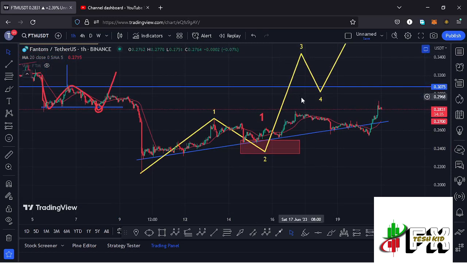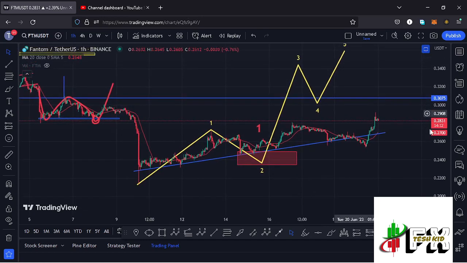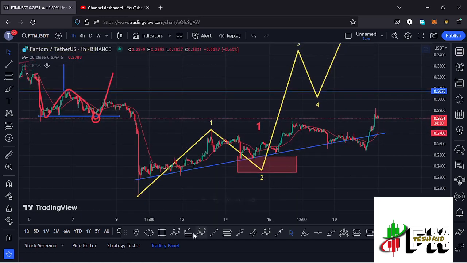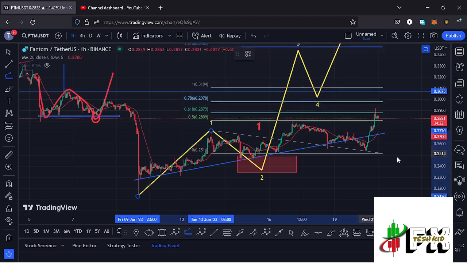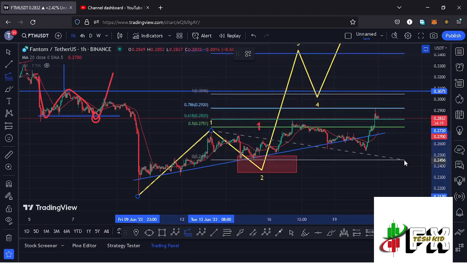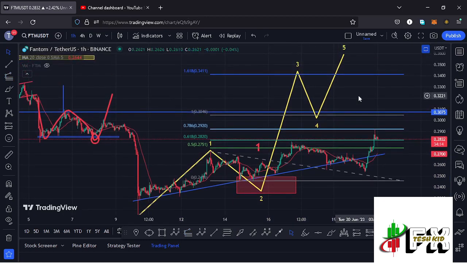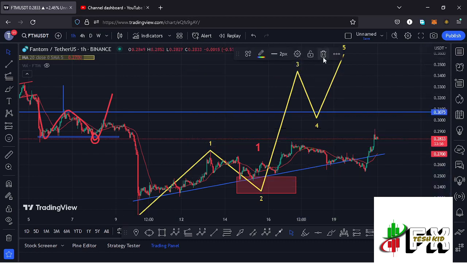Yesterday I also gave you minimum target areas for that wave 3 by connecting the trend-based Fibonacci from the low of the first wave to the high of that wave 1, then dragging the fibs to the low of the second wave, and that gave me a minimum target area at the Fib level 1.618, and that is at around the $0.3411 mark. That is the minimum that I'm expecting Fantom to do here in the formation of this wave 3. So I'm still expecting that we are going to continue gearing up here on the Fantom chart,